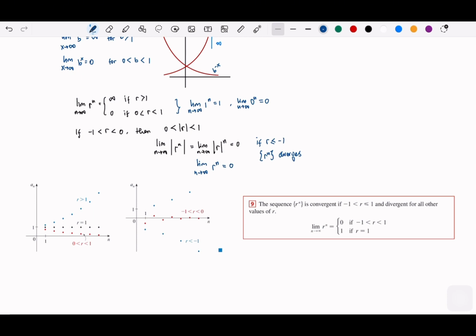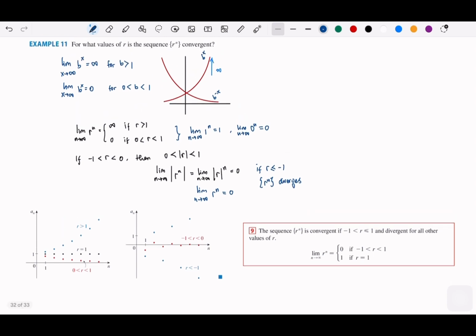But within this convergence, it can be 0 or 1. Okay, now to end the lecture, I will